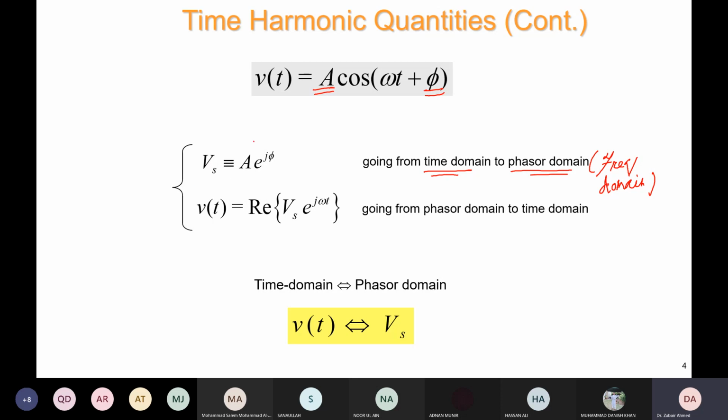So this is the phasor form of this instantaneous signal. On the other hand, if we are given this phasor form,